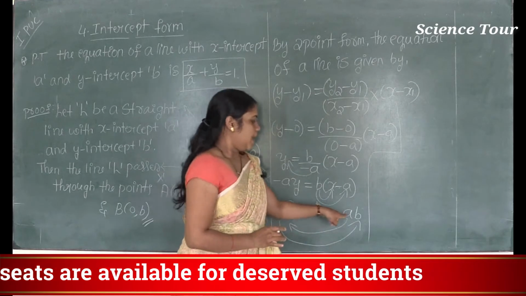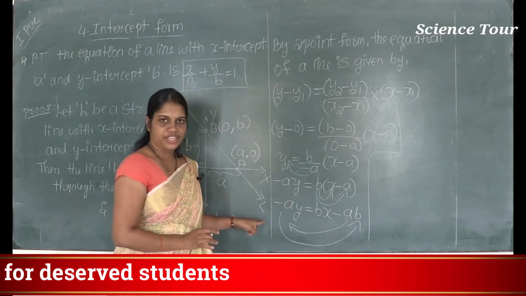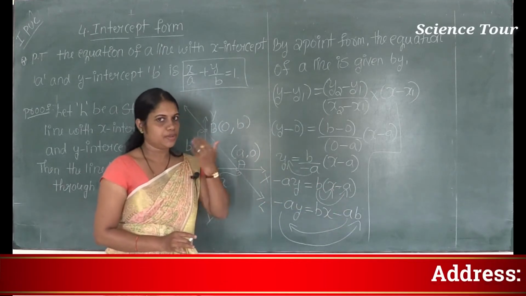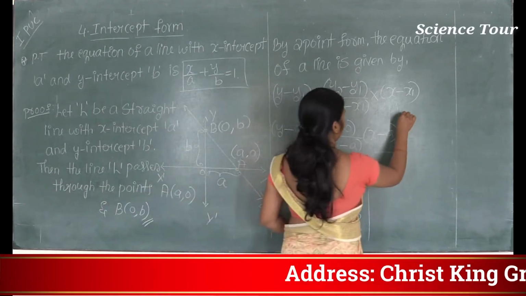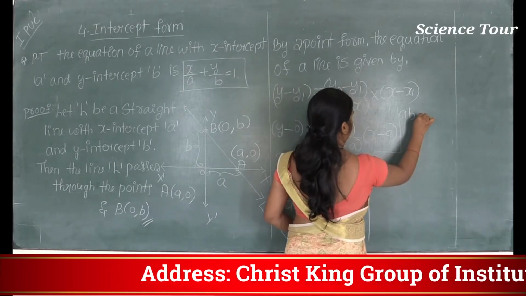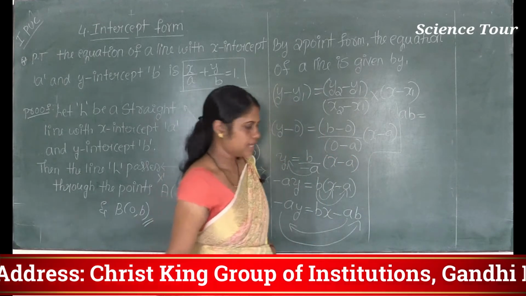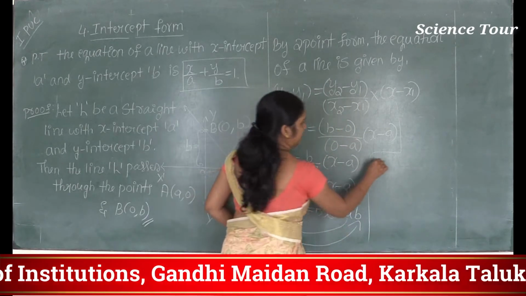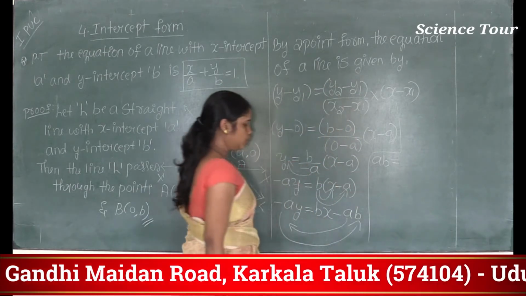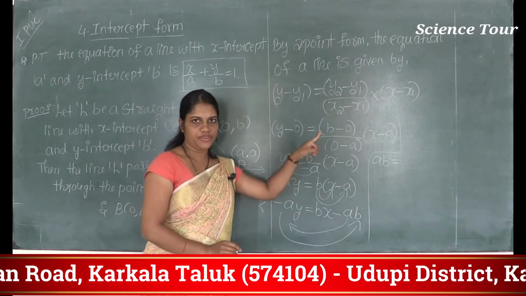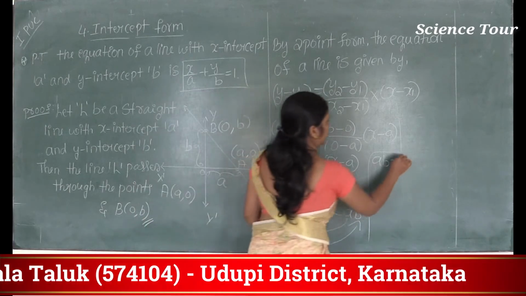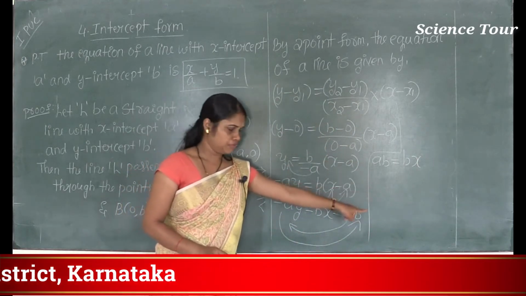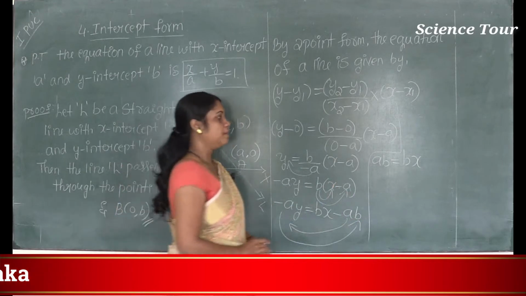Okay. I'll shift this minus ab to the left hand side, then what will it become? While this minus ab comes to the left hand side, it will become plus ab. So therefore I'll get ab equal to bx, which is already on the right hand side, so I'll write it as it is. But while this minus ay comes to the right hand side, what will it become? Plus ay.